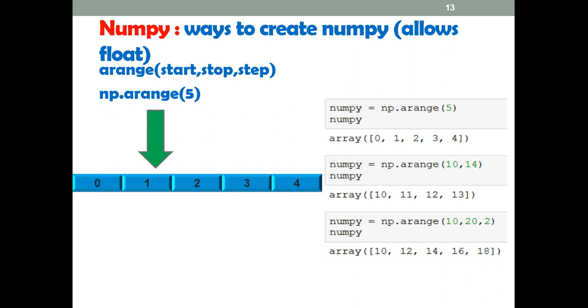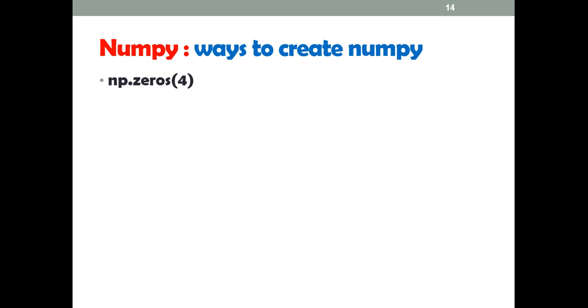Now np.arange with start and stop. You can see the first one is inclusive and the last one is exclusive, so it printed 10, 11, 12 up to 29. Now in the third one I have taken np.arange 10, 20 with a step value of 2. So 10 is inclusive and 20 is exclusive with a step of 2, so it will create 10, 12, 14, 16 and 18.